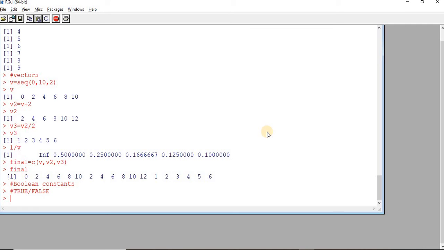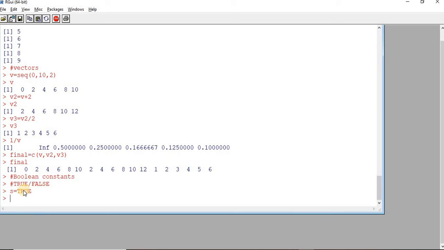So say for example, I say s is equal to TRUE. This is a constant, and that value is stored in s. This is not possible if R identifies TRUE as a string. Say for example, I say d is equal to high. This will not work because you have to give high inside double quotes or single quotes.